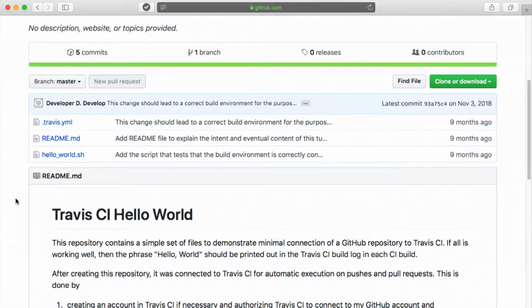So what we see here when we go to this repository is that there's only 3 files here, and the README doesn't count. We've got that .travis.yaml file. That's the configuration file that we need to put in the repository so that we can hook up GitHub and Travis CI, and so the Travis CI knows what it needs to do during that build and test cycle. And down here we've got this little script called hello world.sh. That's a bash script that's just filling the role of a test suite to make sure that we've configured everything